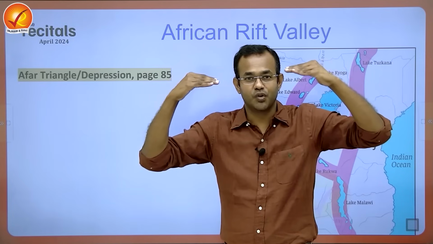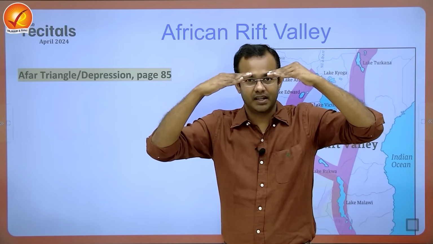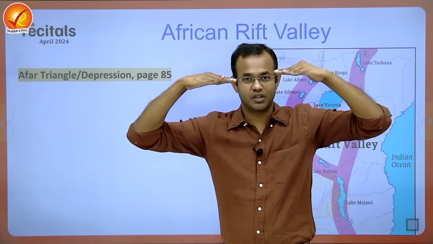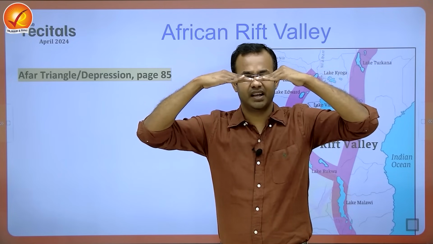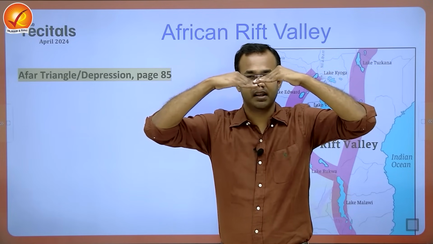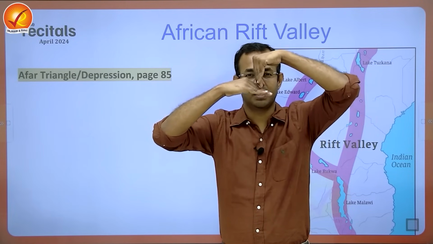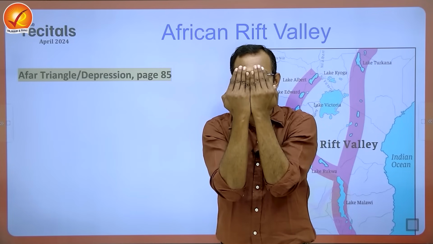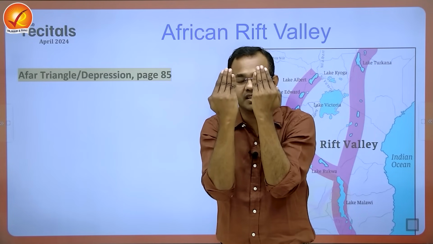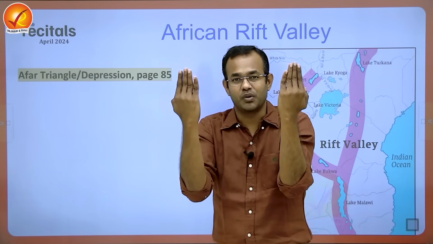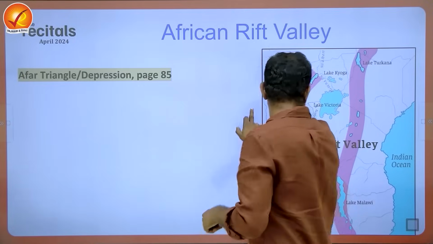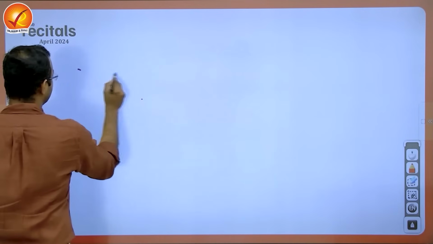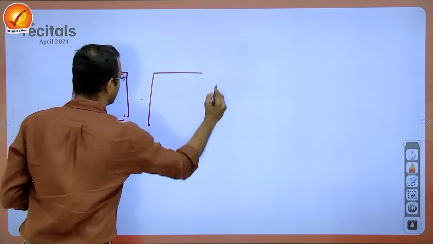If the plates are moving towards each other, the denser plate will subduct and the lighter plate rises above, right? So consider two plates moving towards each other. When they come into contact, the denser plate subducts, the lighter plate buckles up, and we create a convergent plate boundary. Similarly, when plates move away from each other, we have divergent plate boundaries, right? So consider this is one plate and this is another plate.